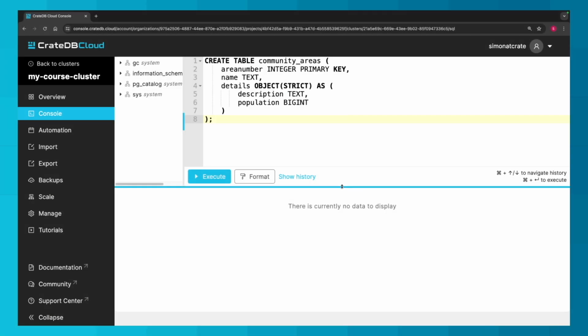Let's explore the different ways in which we can model objects with CrateDB using our community areas dataset. Here I'm creating a table for community areas using the area number as an integer